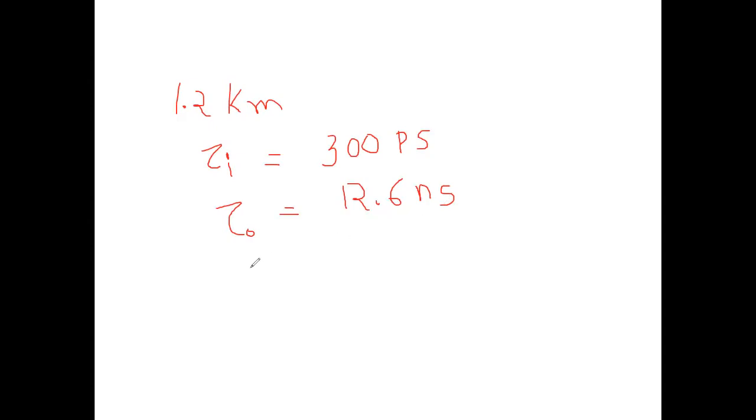calculate the first one: the 3 dB pulse broadening for the fiber, in nanosecond per kilometer. This is given in the numerical, so that's why I am giving you. You have to adjust your values or unit in nanosecond. So calculate the 3 dB pulse broadening for the fiber, and the second one is the bandwidth length product.